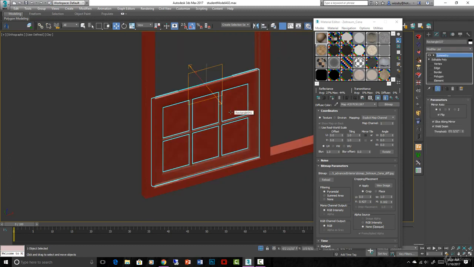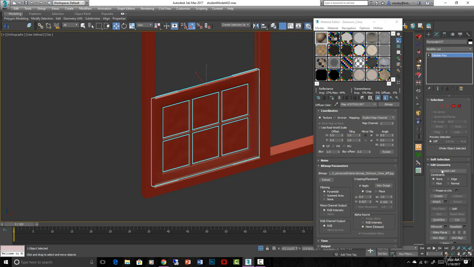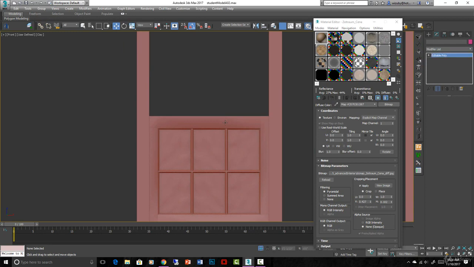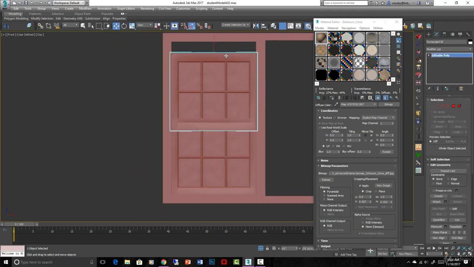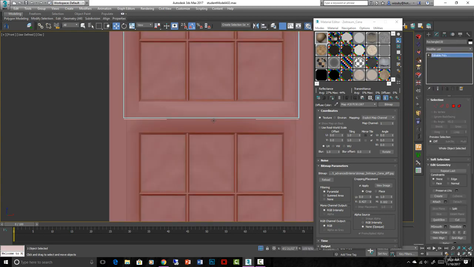And now what we can actually do is just collapse all this to an edit poly, and then just go in and attach this glass. And just keep it cleaner and organized. Okay, so there's one window, and the second window is coming right up here. And actually, yeah, that works. Actually, these would kind of overlap a little bit,